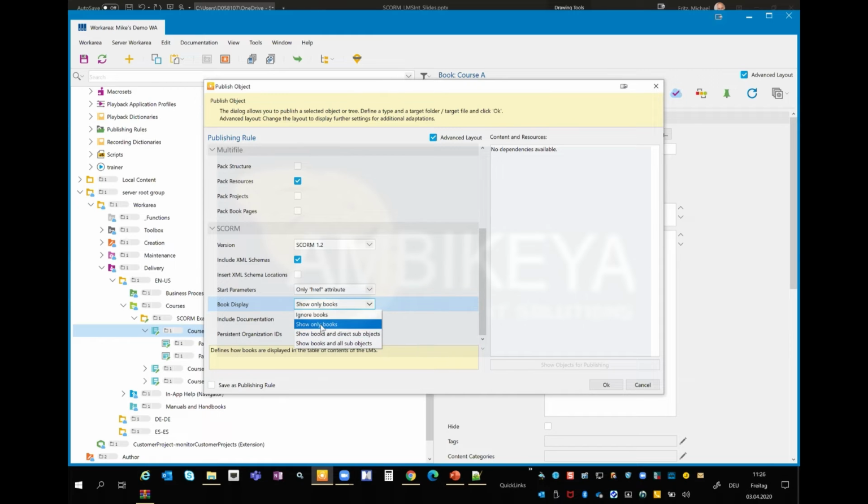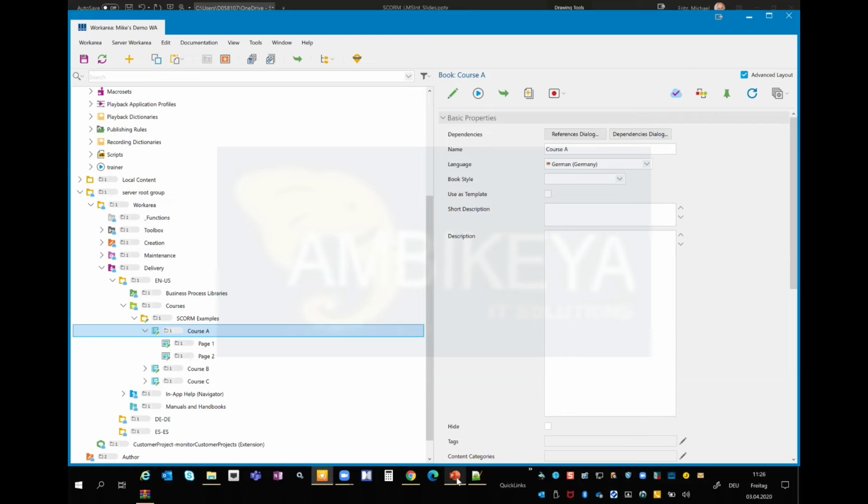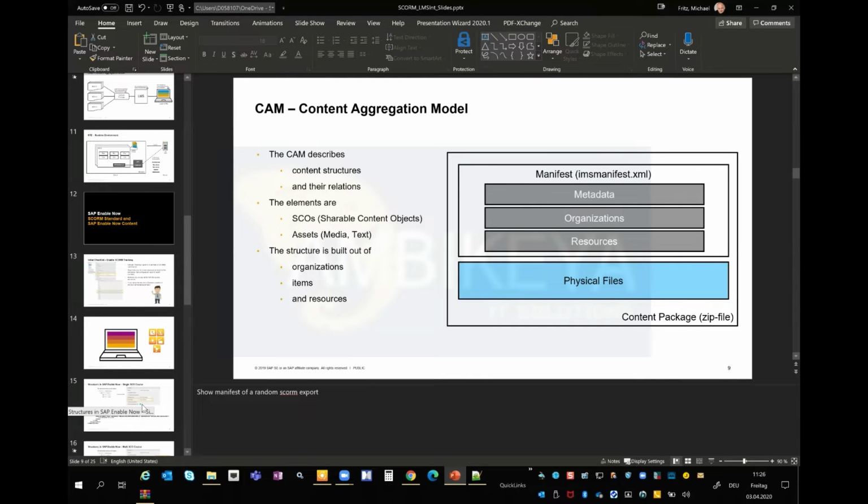So that's the single SCO setting, and those two are multi-SCOs, and that's basically the one that you use if you have books inside something else and you want to ignore them. Yeah, but that's very seldom. All right, so let's stay like this and go back to our deck, because that's actually what we just talked